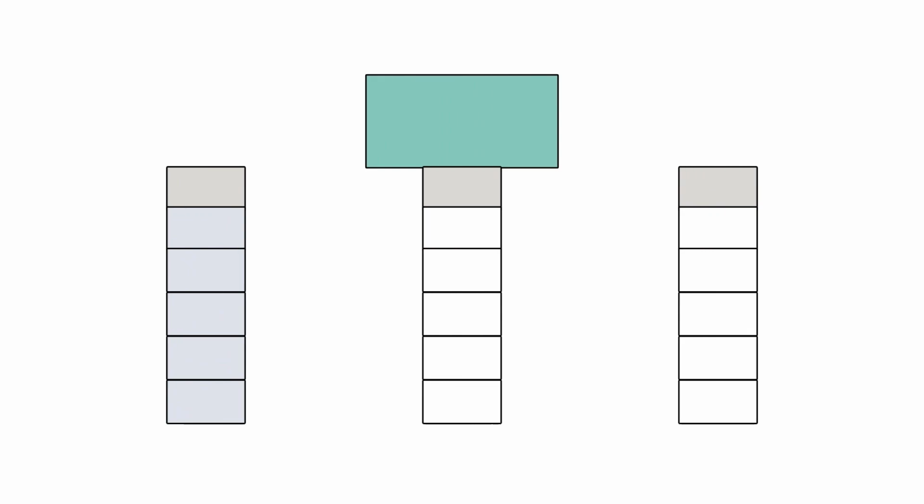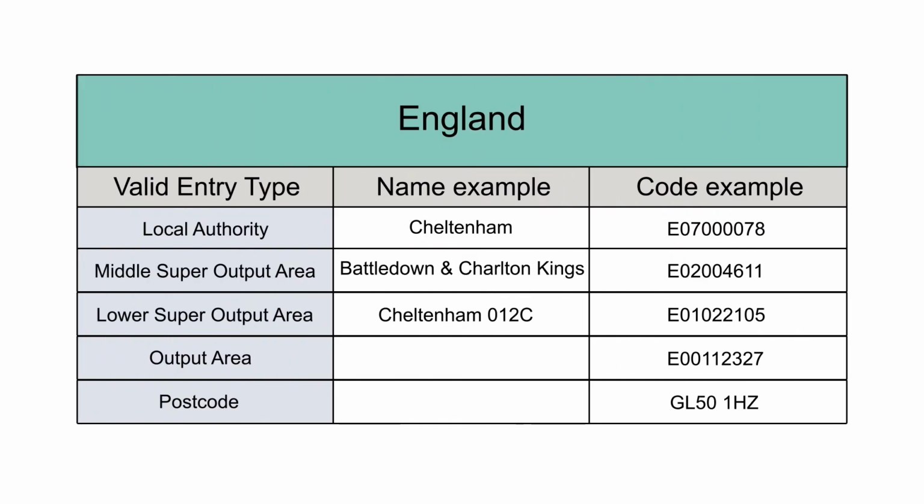The table on the screen illustrates a list of valid search entries. This information is also provided in the expanding box at the bottom of the page, alongside an indicative list of invalid entries. An invalid entry will result in a blank error screen. For more information on how to return from a blank error screen, as well as examples of invalid entries, please refer to the troubleshooting section of this video.